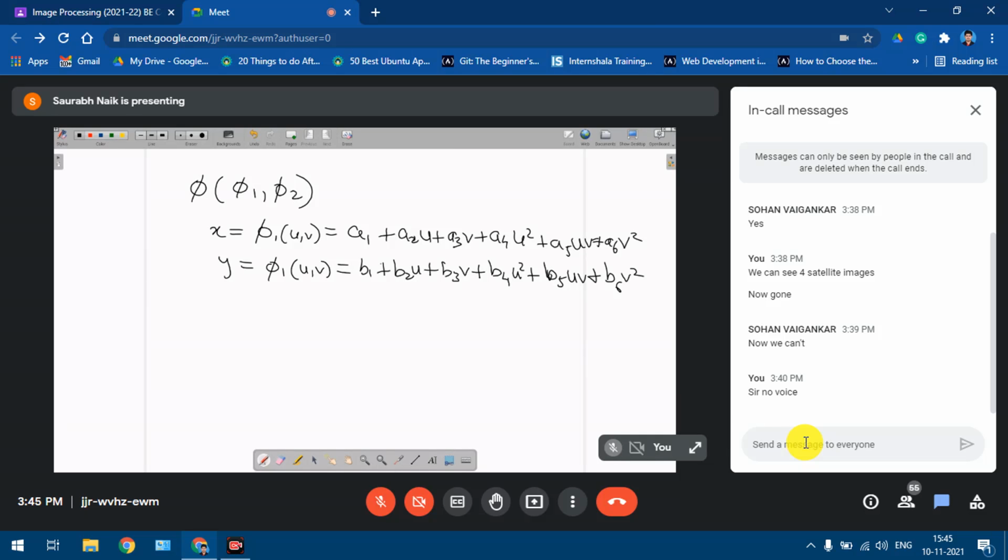So based on these points, we find out the minimum number of points that we will need. Based on all of these reference points, we substitute the coordinates of these reference points into this particular equation and find out each of these A1, A2 up till A6 and B1, B2 up till B6. Once we get the coefficient values, we can then get the final output as x1, x2 up till x6,